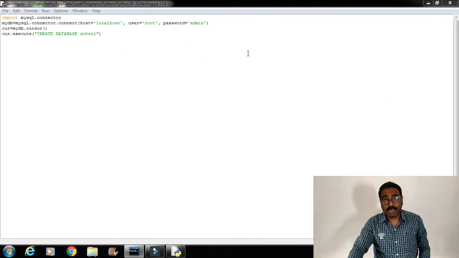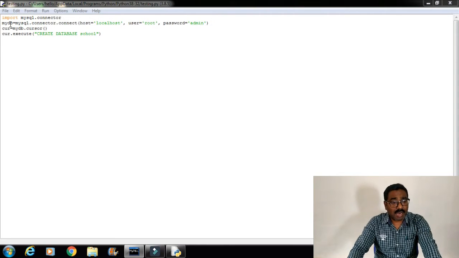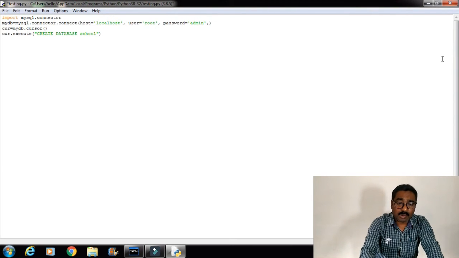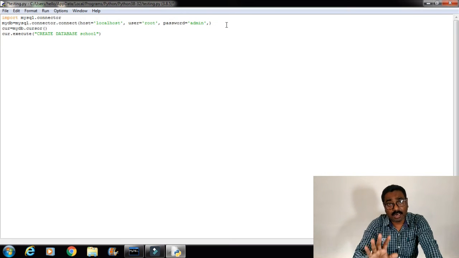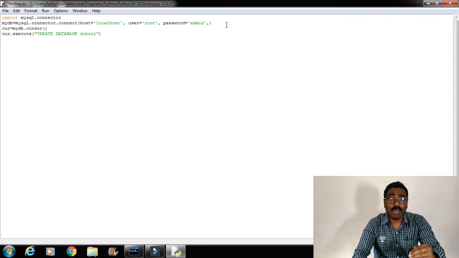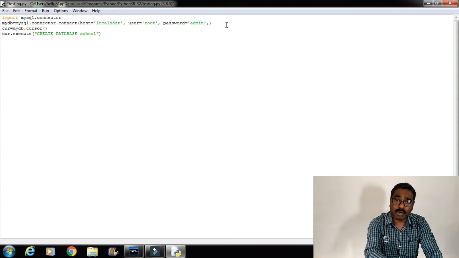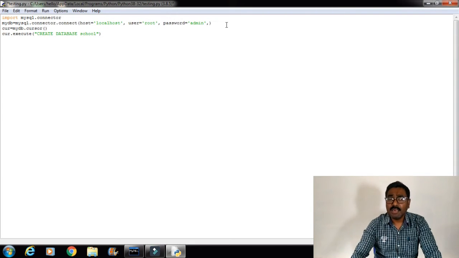Now come to the same file. In this mydb SQL connector connect line, you have to add one more parameter, that is the database, because now the database is already created, that is the school database, and the commands will be executed in the school database. So, as in the MySQL command line window, you have to use the database, then you can use the create command.